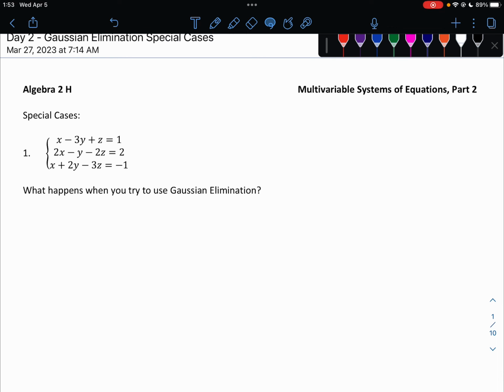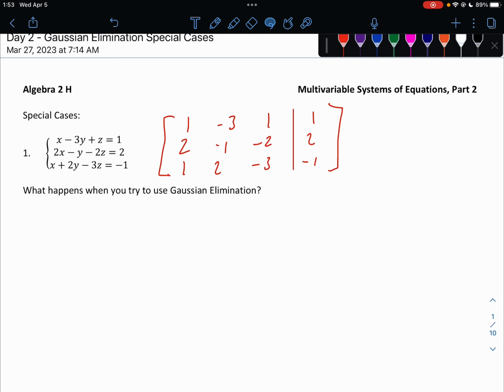And in this video we're going to continue our journey of solving systems using Gaussian elimination. But we're going to take a look at a couple of very special cases. So here we have our three variable system that we're going to try to solve. So let's set up our Gaussian elimination. Let's set up our matrix